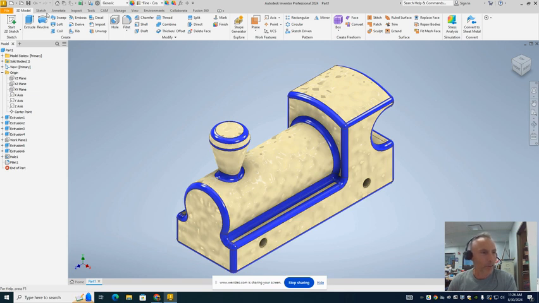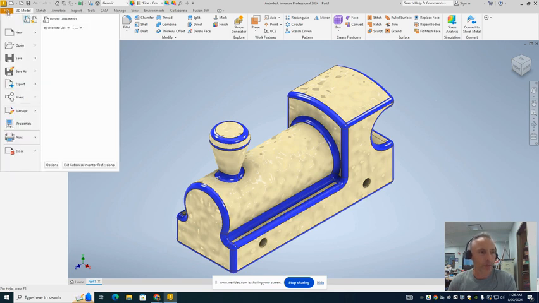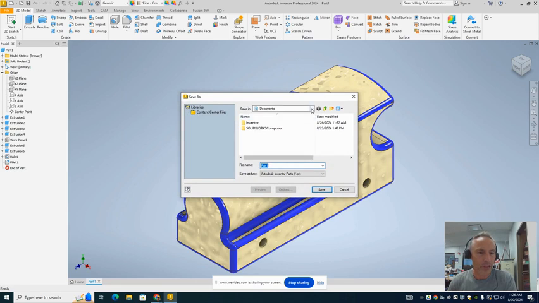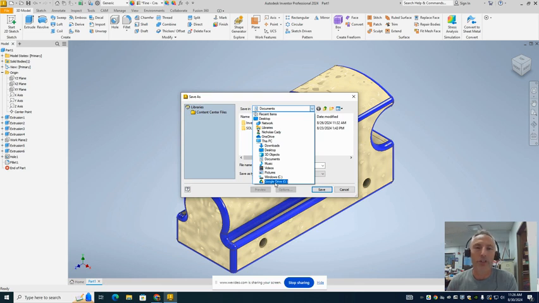And when you're done, you're going to want to make sure you save it to the appropriate spot, which for you guys would be your Google Drive. So you just click on File, you go to Save As, and then make sure you navigate to your Google Drive, create a new folder called the Train Project, and save the train body in there, and you're done with step